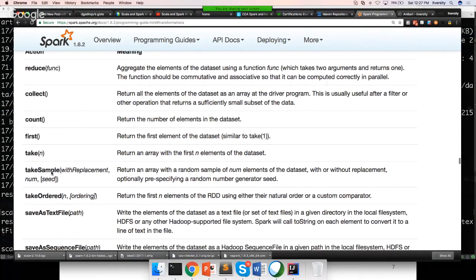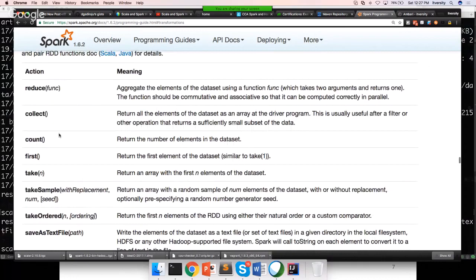And then collect is another action which will convert your RDD into an array, and whatever operations you can do on an array, you can do that. So if you want to print all the elements in that RDD, first you have to use collect to convert into an array, and then you have to iterate through it by using a function called foreach, and you can print. Okay, so collect is to convert an RDD into an array, and you have to use collect with caution,